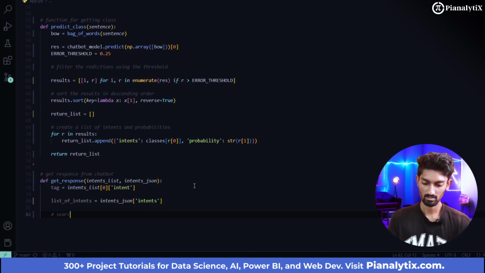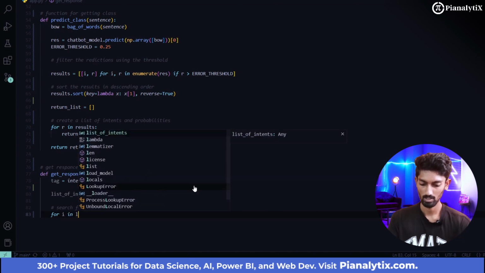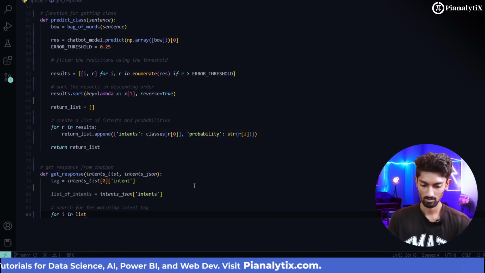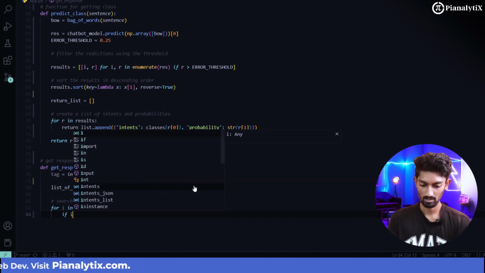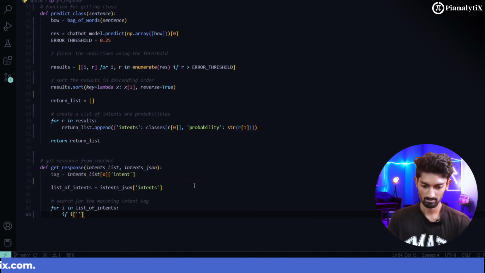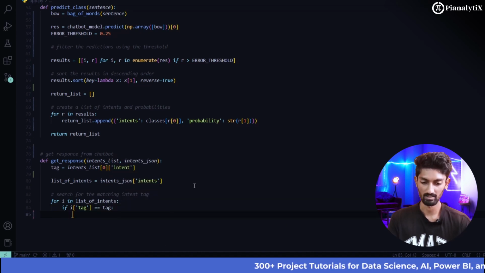And now let's search for the matching intent tag using for loops. We are writing a whole lot of for loops. So for i in list of intents, if i['tag'] matches our currently retrieved tag,